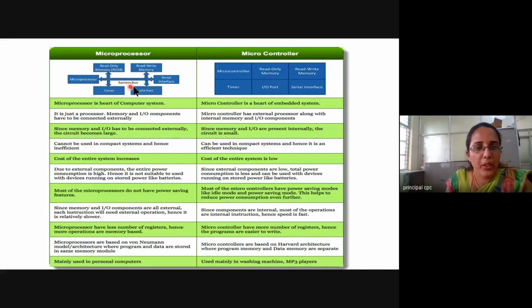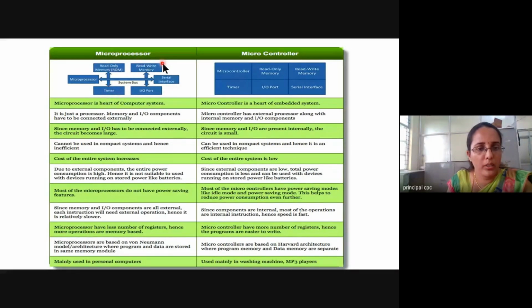So microprocessor means, as you can see here in the figure itself, you can distinguish between these two. There is a processor and all other things are connected externally to the processor: read-only memory, random access memory, and then I/O devices.